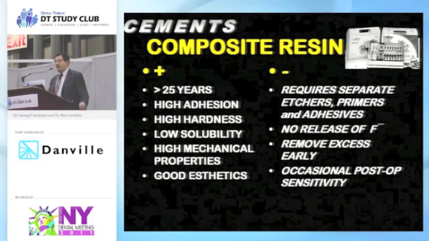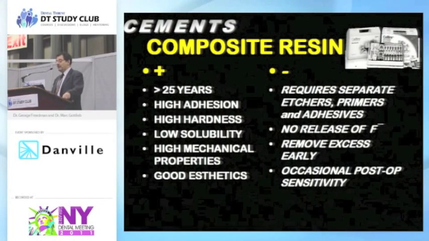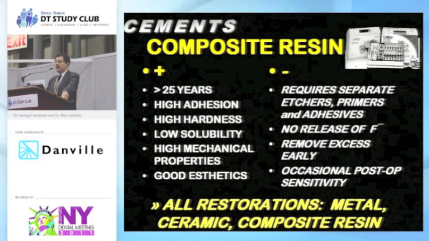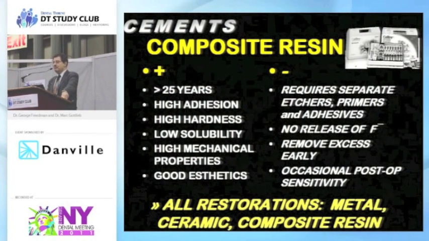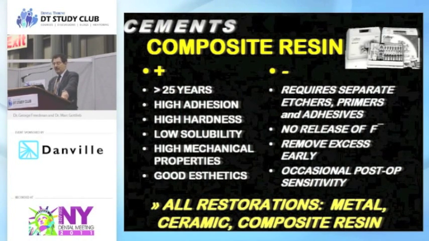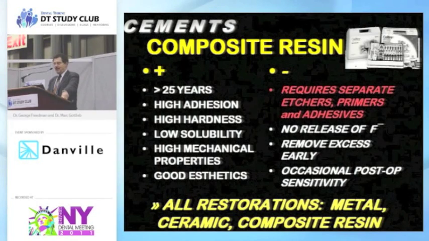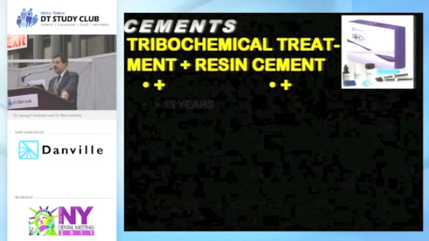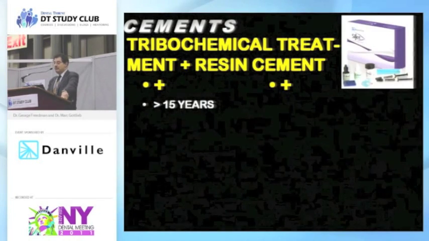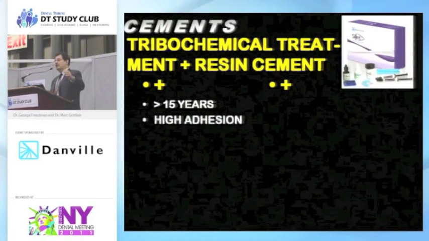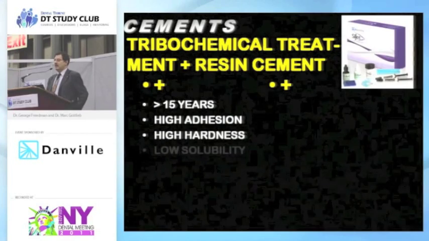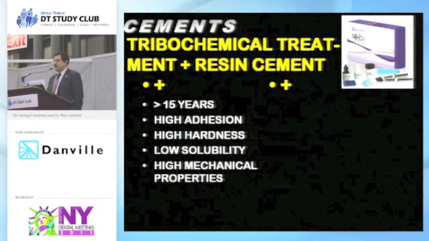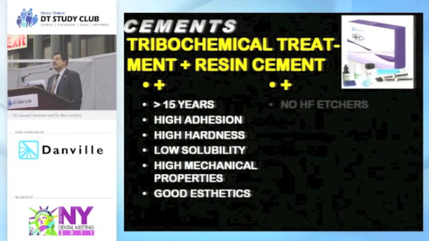Now we come to the tribochemical treatment plus resin cement that we have with Siljet, which answers the questions that we have for alumina, zirconia, and metal restorations and repairs. More than 15 years of experience, high adhesion, high hardness, low solubility, high mechanical properties, good aesthetics, because we can use any particular resin cement that we choose to, any one that works in our own hands, and we don't have to use the